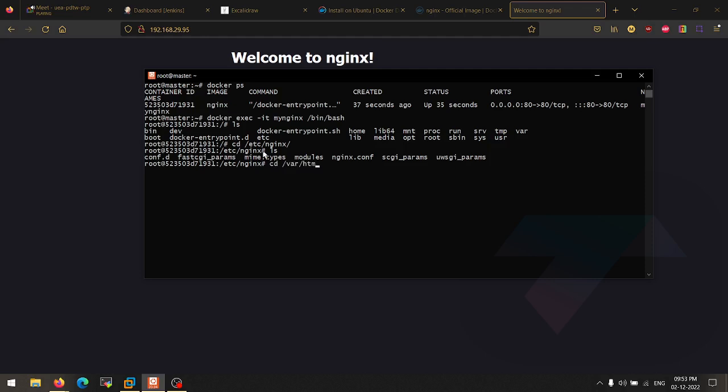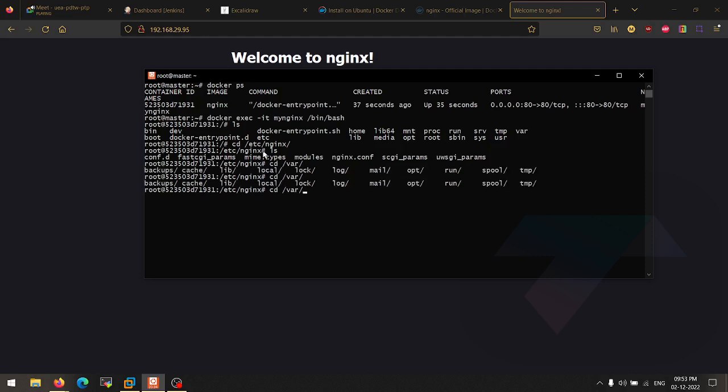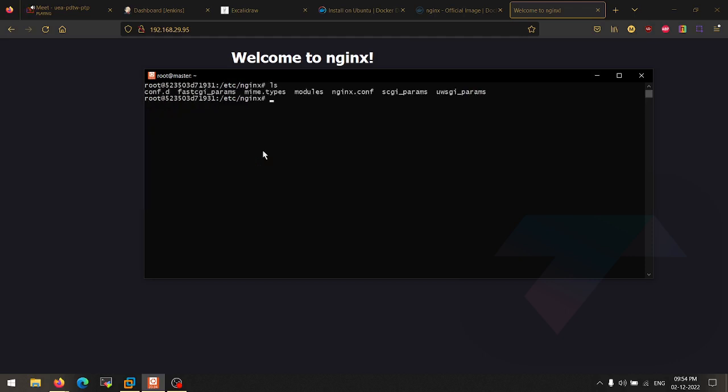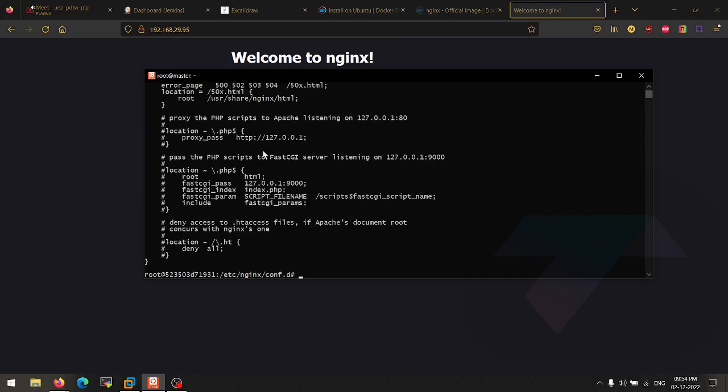Let's check for the html file. So let's cd conf.d and look at default.conf. Let's check this configuration file. Let's see the page. So here is the page, /usr/share/nginx/html. This is the path.